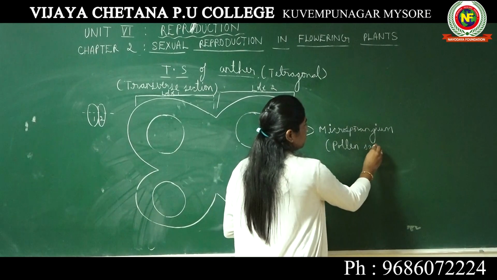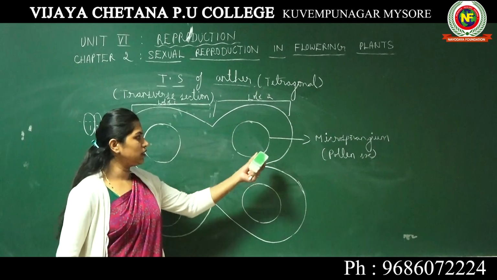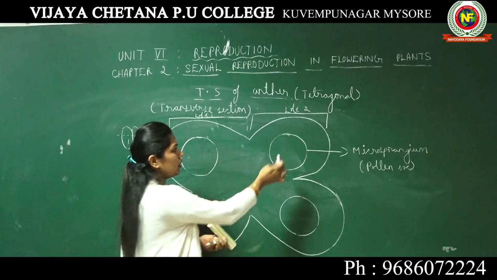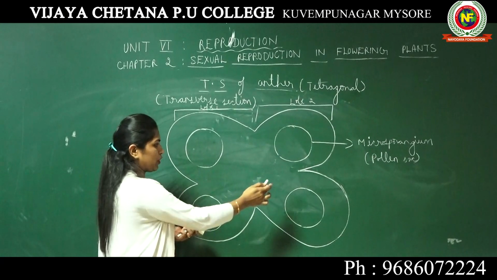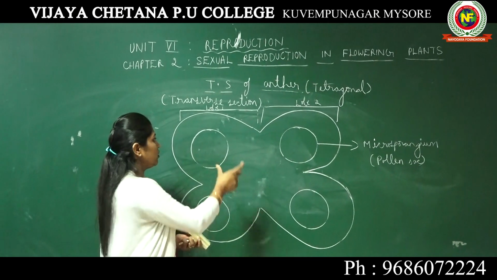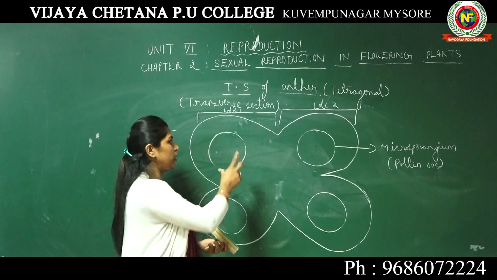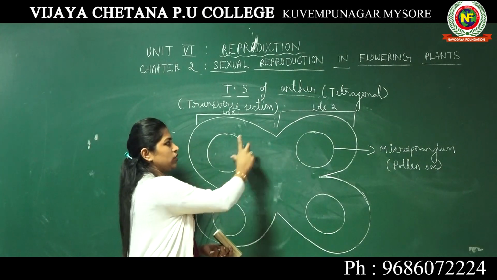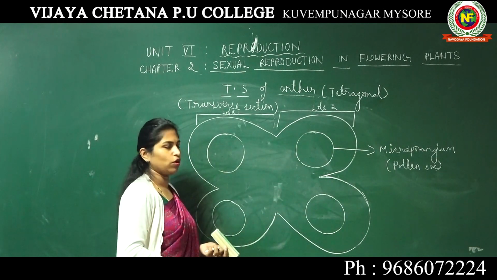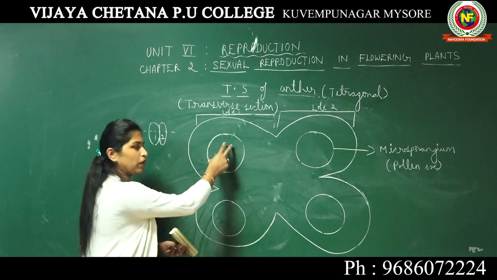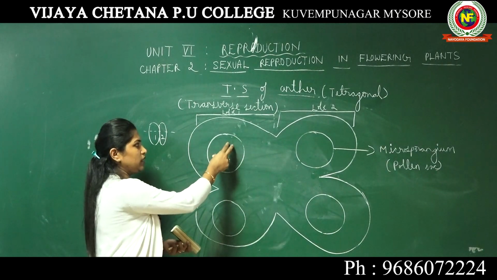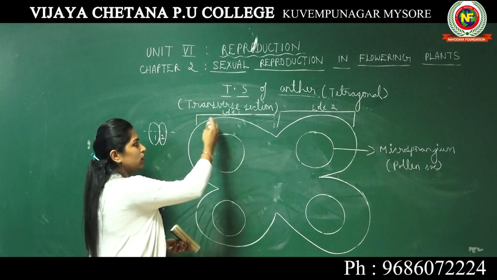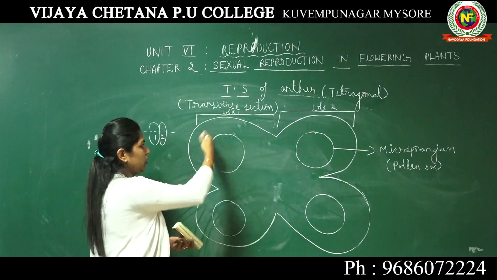That is, it's a sac in which pollen grains are produced. Okay. Now, inside each microsporangium, here I will explain in detail only one microsporangium structure. The same explanation applies to all the other 3 corners. I'll take this microsporangium and explain in detail what its structure is, what the outline is, and what is present in the outline.